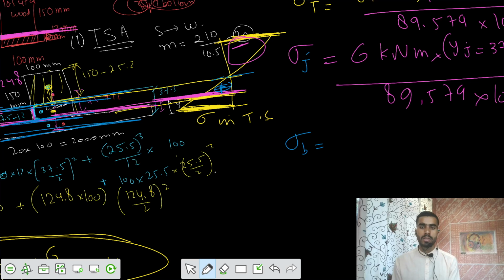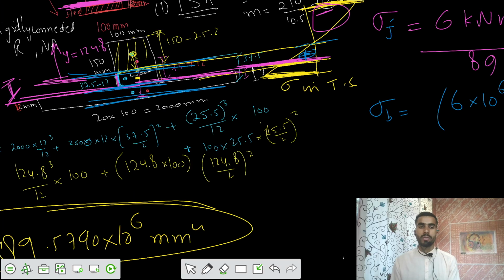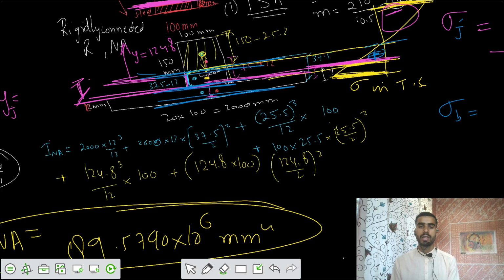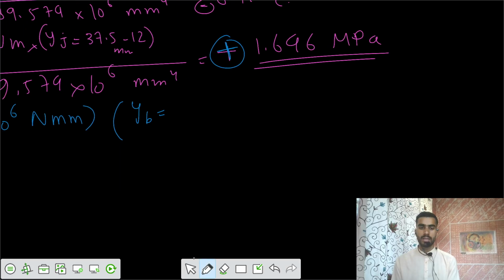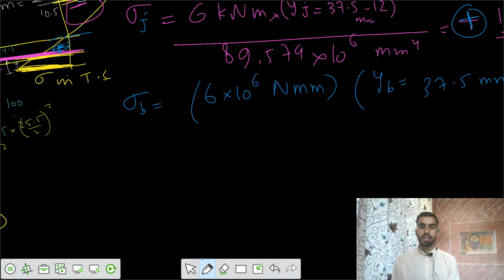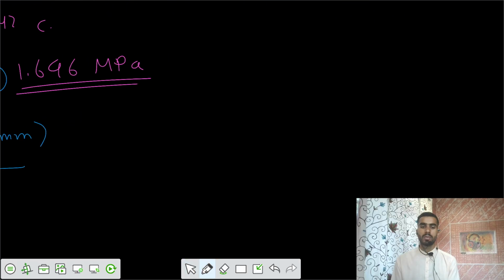Stress is at the bottom. Stress at the bottom would be equal to 6 kilonewton, 10 to the power 5, 10 to the power 6 Newton mm, and the value of y bottom was equal to the location of the neutral axis, that y na, that was 37.5 mm, divided by I na, that was 89.579 times 10 to the power 6 mm to the power 4. So similarly, you get the stress at the bottom equal to tensile stress of